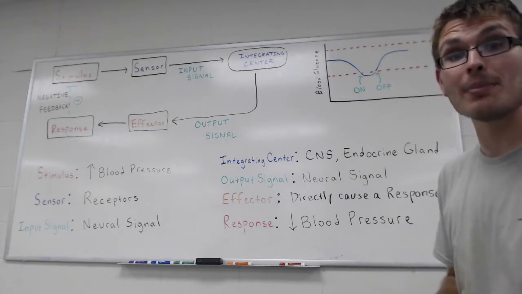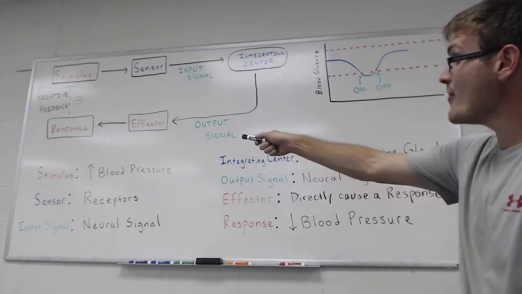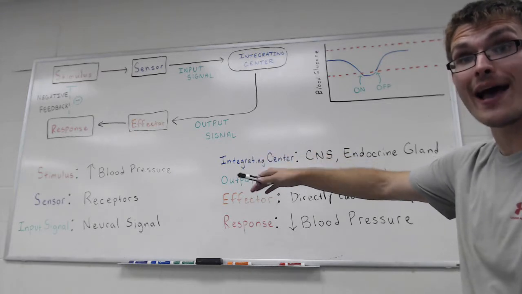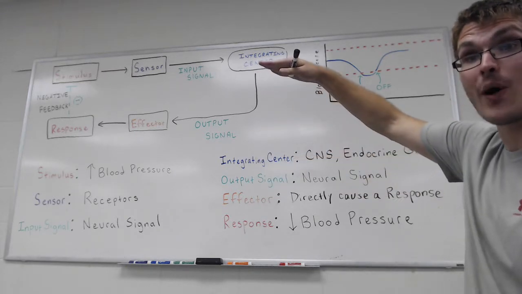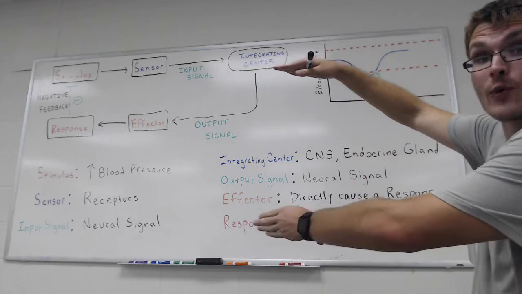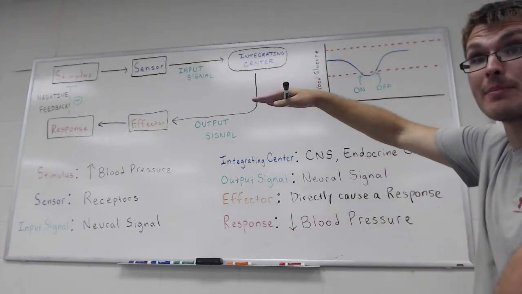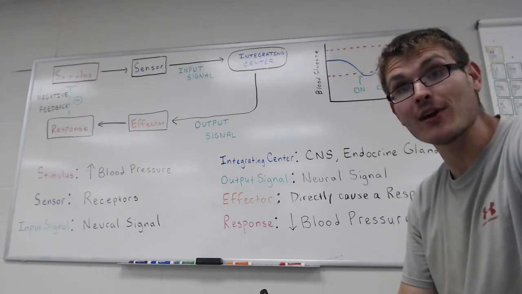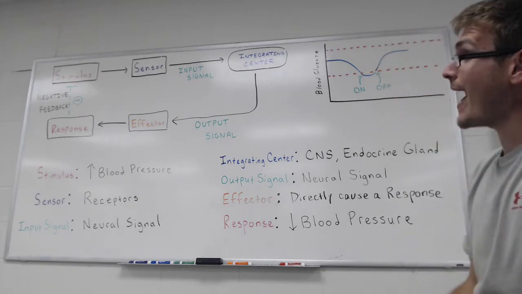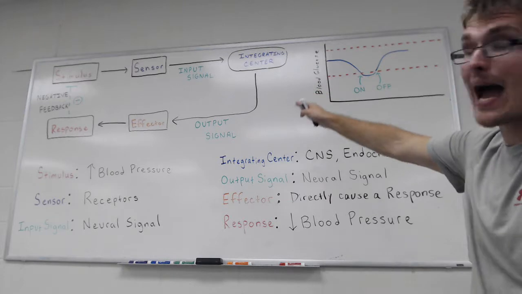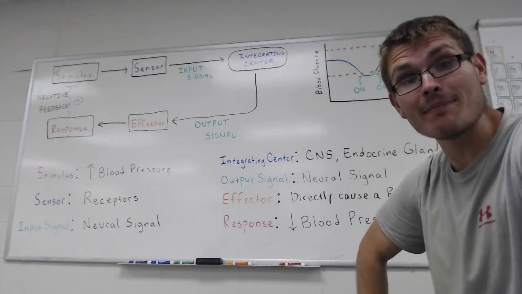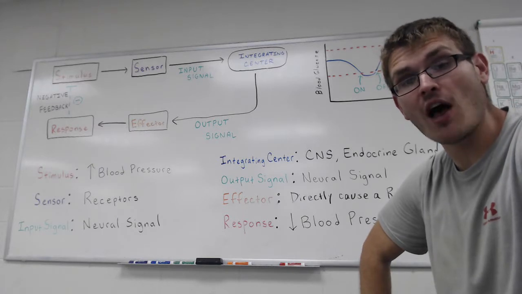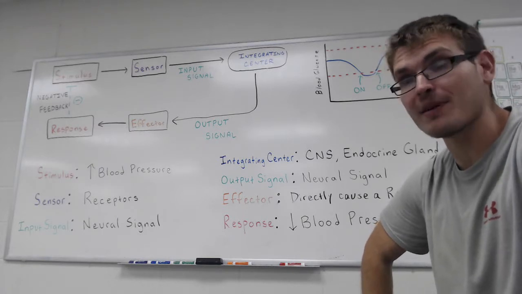So if we bring the blood pressure back down, then the problem that was there to begin with is going to gradually go away. If our blood pressure gets a little too high, we go through this whole rigmarole here and eventually bring the blood pressure back down. We're getting rid of the problem that was there to begin with. And this is nice because these types of loops are called negative feedback loops, meaning that they tend to shut themselves off once the problem has been fixed.